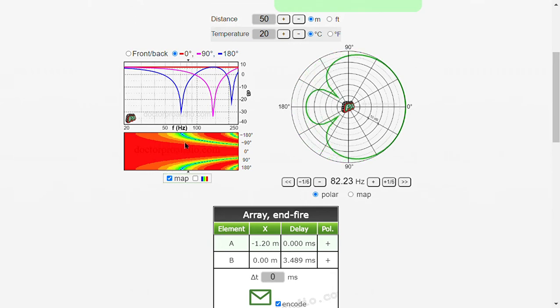So we can see that here, that's the main lobe, which corresponds to this main lobe here. As we go up in frequency, then we'll start getting more lobing, and eventually this figure of 8 kind of pattern. Here the notches correspond to these roughly 90-degree notches that you can see here.